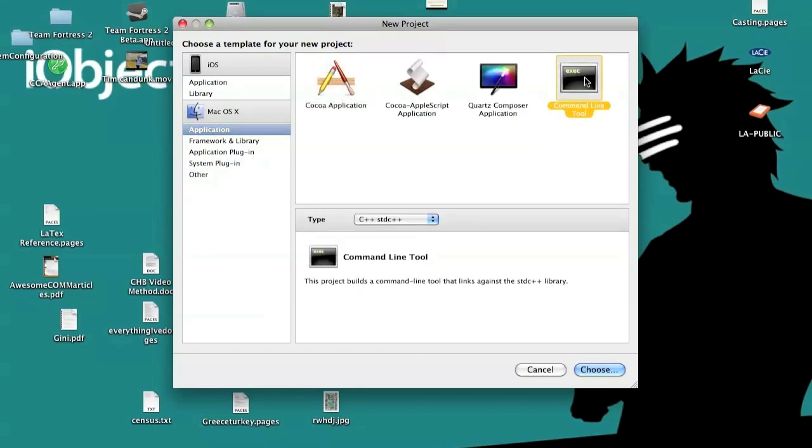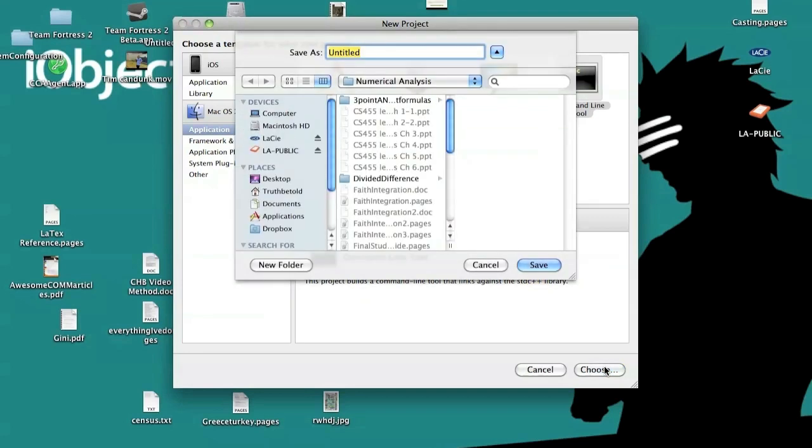So we're going to go to the command line tool, C++ library. Just worry about C++. C++ library. And here we go. We'll choose that, and we're going to do the basics. We're just going to call this fun and